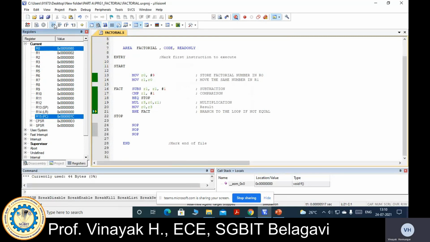Multiply, and once it becomes 1, you have to come out. So now it is going to become 1, exit from that multiplication loop. Now see, the factorial of 9 in hexadecimal is 58980. So this is how you have to find the factorial of a given number. Thank you.